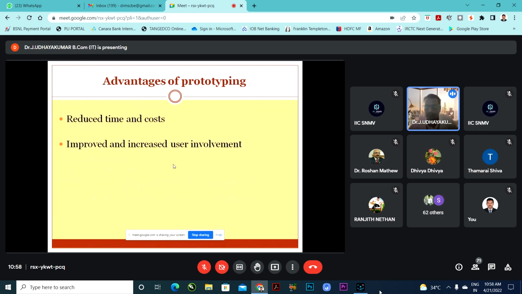The main advantage of prototyping is that it will reduce the time and also the cost, and also improve and increase the user involvement. Now I will give some